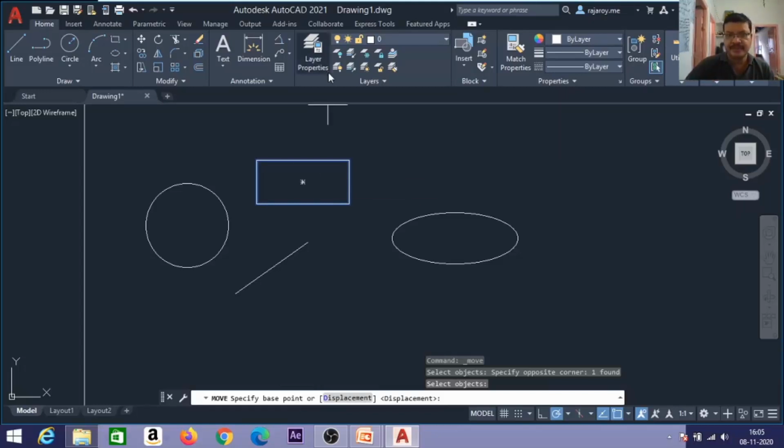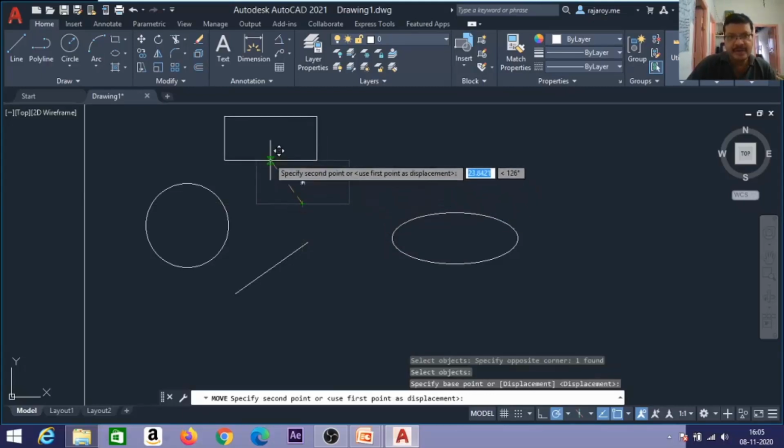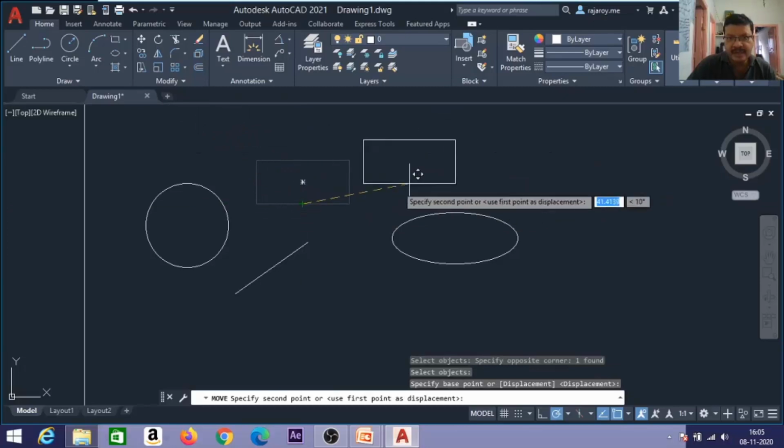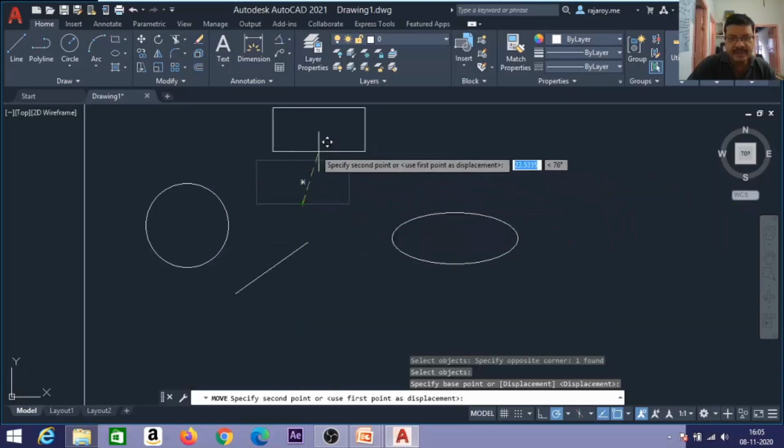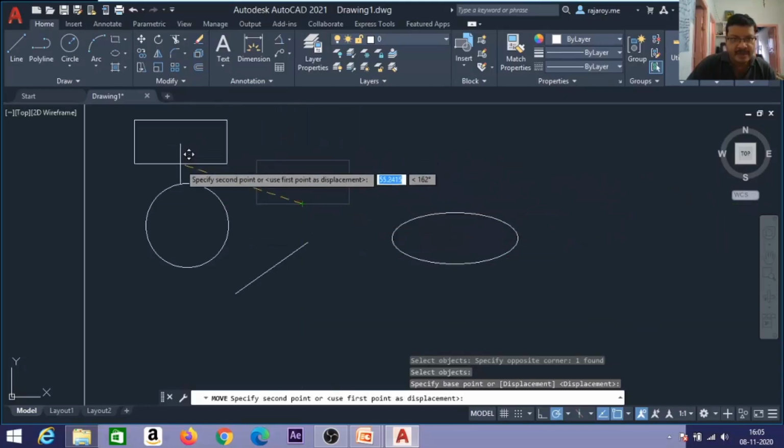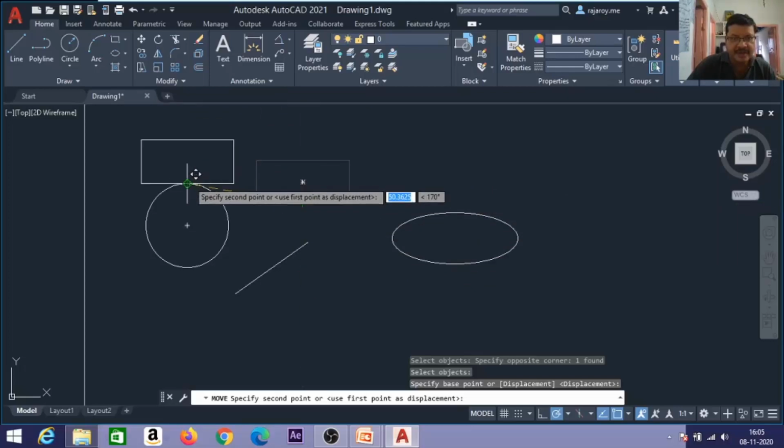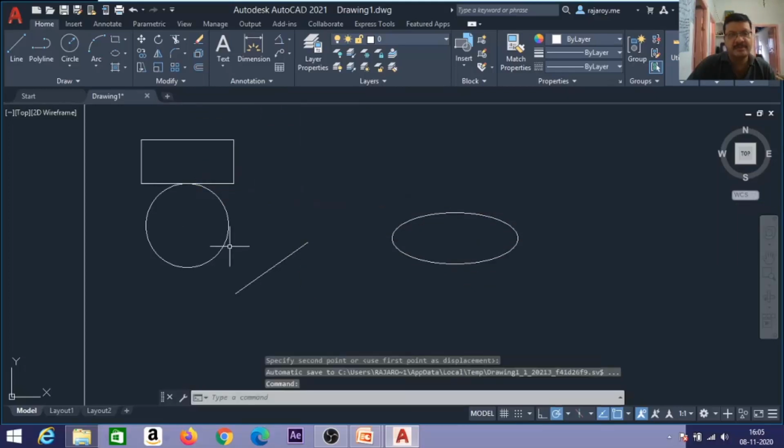That means where exactly I want to hold the object. I want to hold the object at this midpoint. That we call the base point. I select this as the base point, holding it at that midpoint. Then I'll place it here at the quadrant point of the circle. In this way we can move the object.